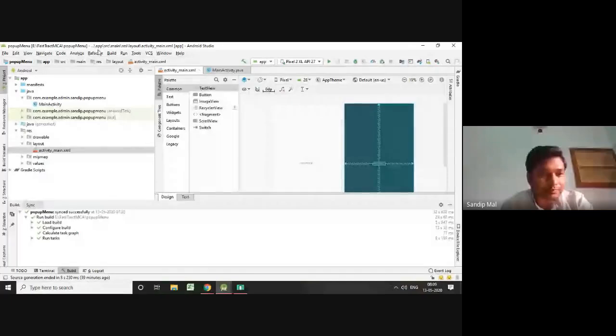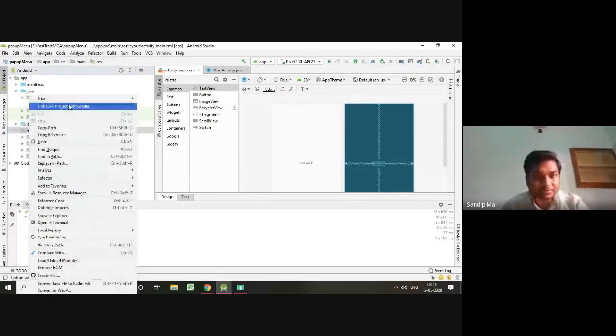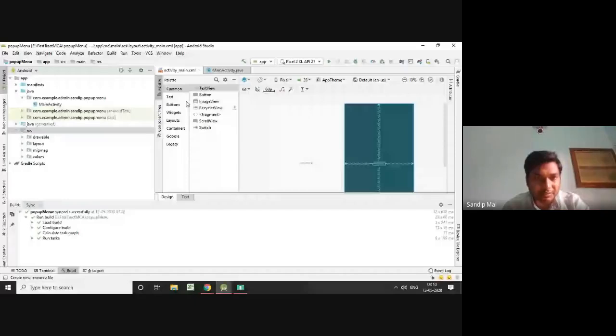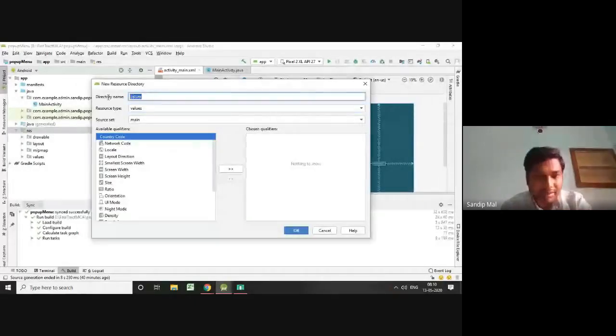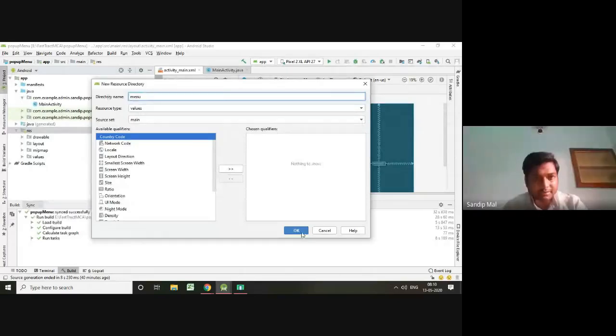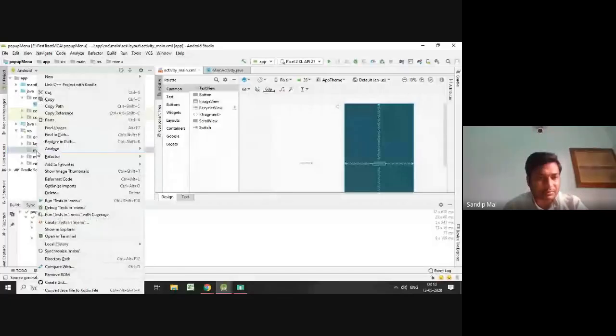Now, as menu options means a menu is required, we'll create one directory under the resource directory, and that is menu. Give the name of the directory as menu. It will be created under the resource directory. Now in this menu directory, I will create